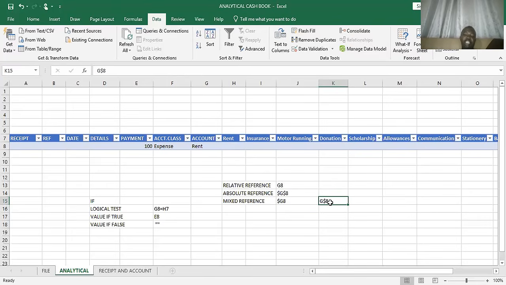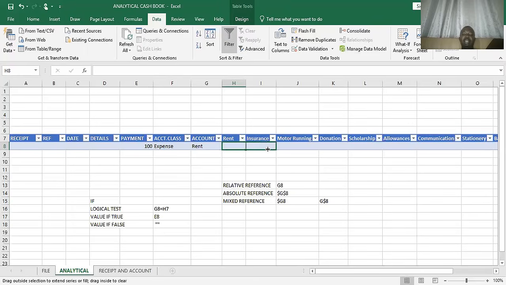It will lock the 8 and allow the G to keep changing. And at what point do we use the column being locked or the row being locked? An instance whereby a formula will be entered and you have to drag the formula across a row. Then you could decide that you will lock